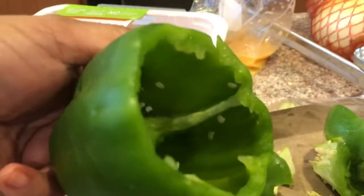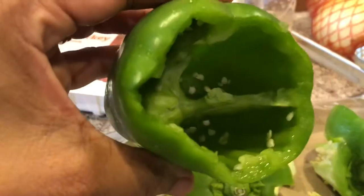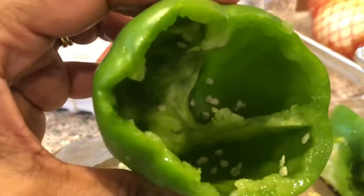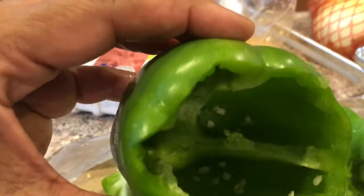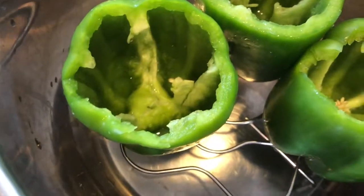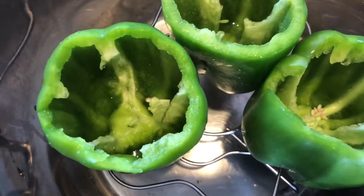Cut the top off each one. And now I'm going to rinse them off. I'm going to place them in my Instant Pot and let them steam for about 5 minutes, and then they'll be ready to go. I've placed my bell peppers in my Instant Pot, and I'm going to let it cook